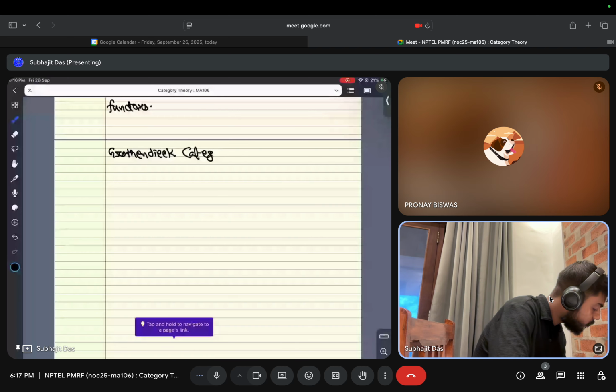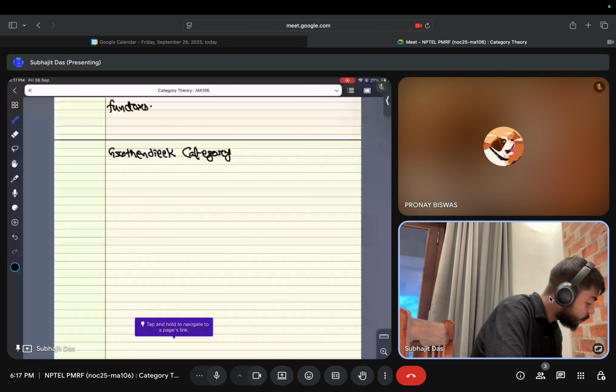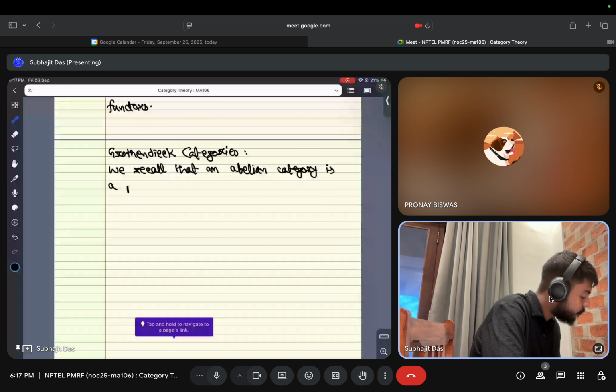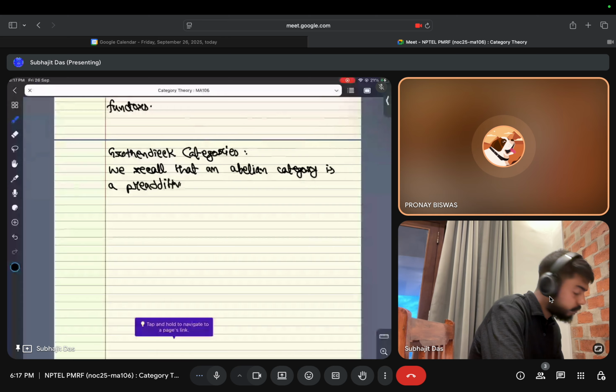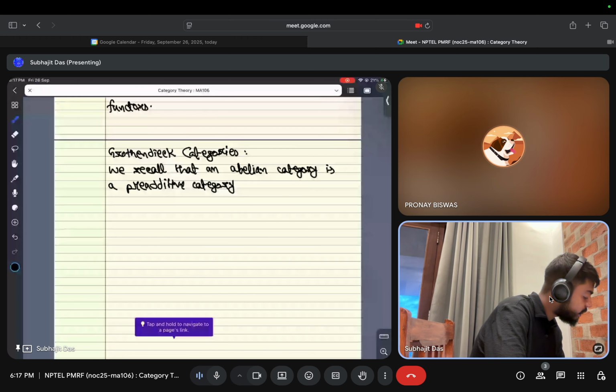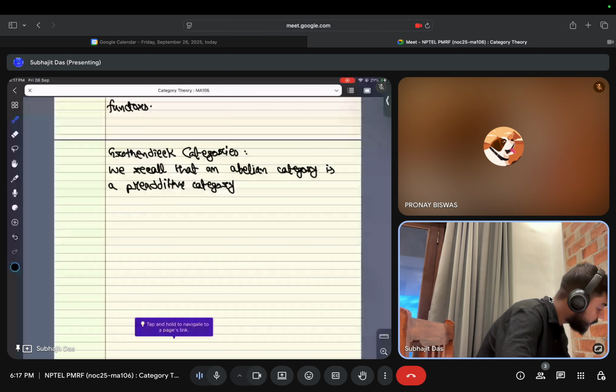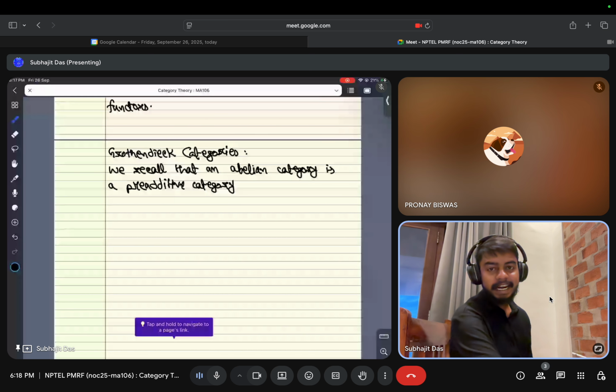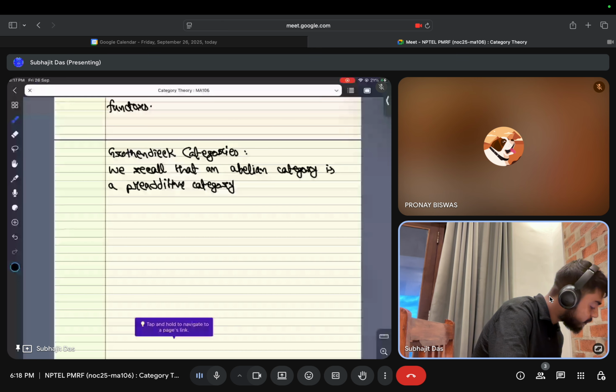We recall first that an abelian category A is a pre-additive category such that, firstly, A has a zero object,